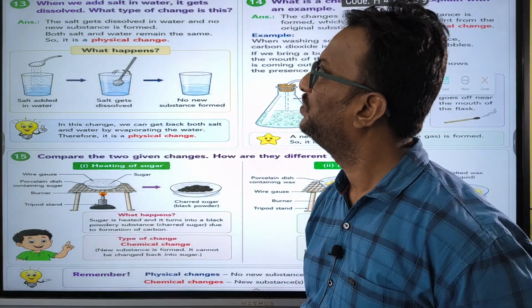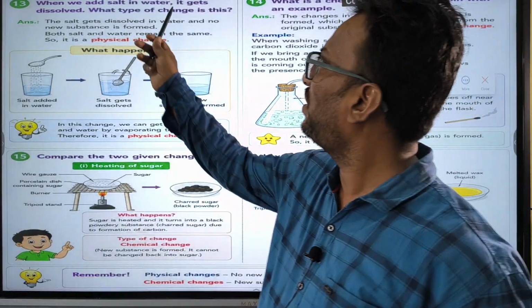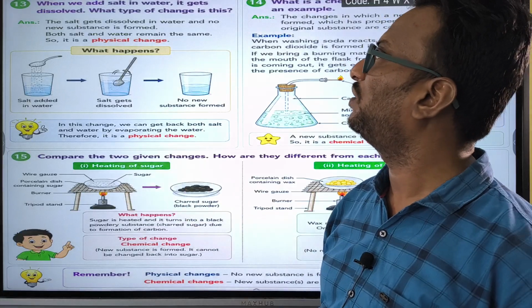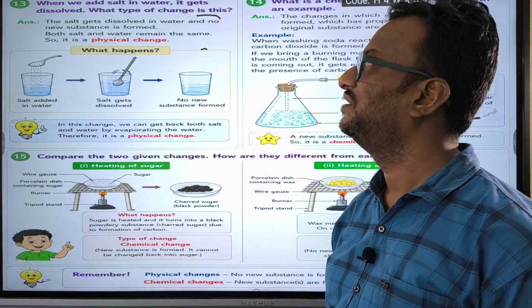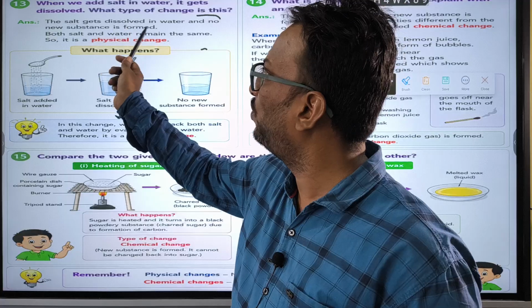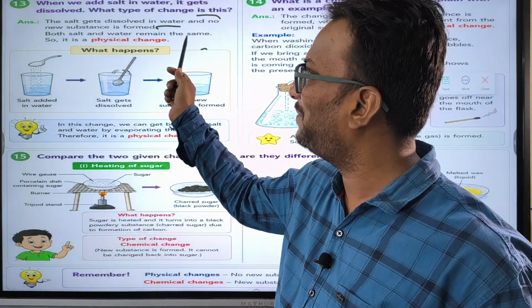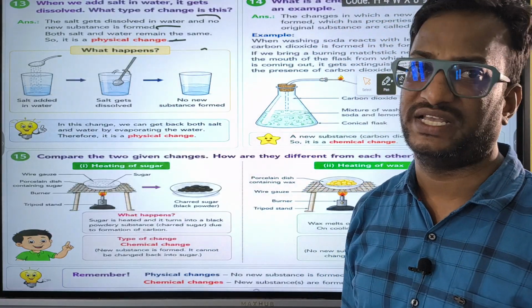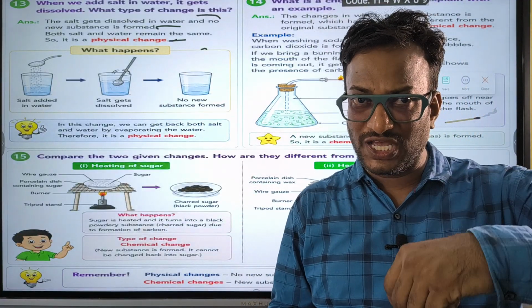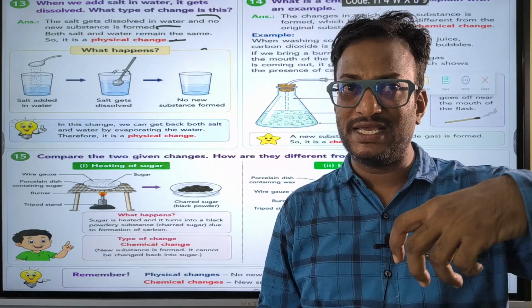Next one, when we add salt in water, it gets dissolved. What type of change is this? The salt gets dissolved in water and no new substance is formed. Both salt and water remain the same, so it is a physical change. Actually, when salt is dissolving in water, generally in case of liquids,